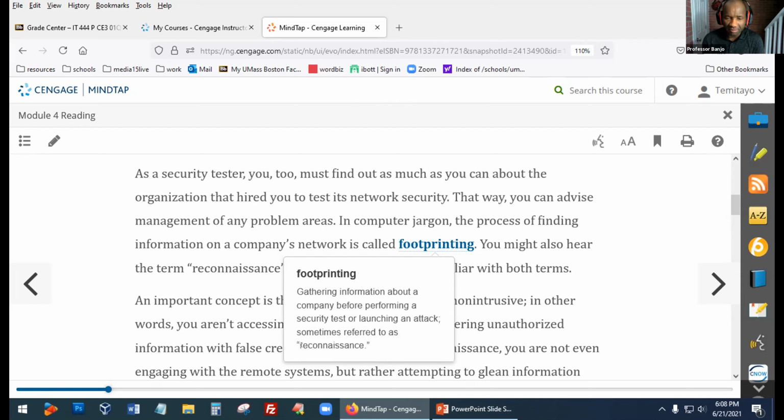And if you're hired as a security or penetration tester, using the black box model, the gray box model, or the white box model, it might be your job to get information about the company you've been hired to test. So footprinting, otherwise known as reconnaissance.